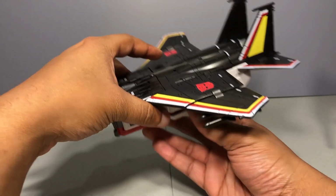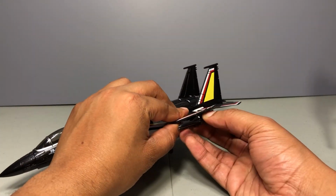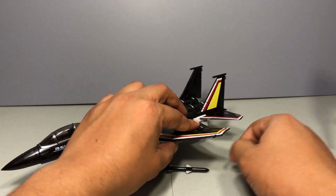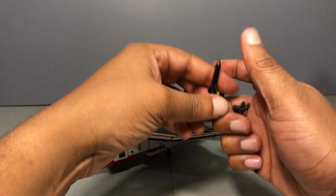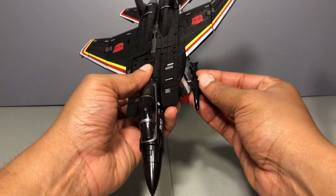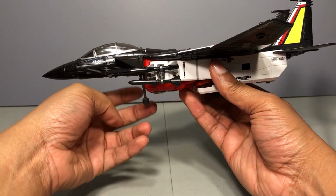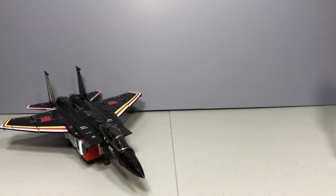Do it like so if you want to arm your jets up. And you probably can mix and match, interchange the different types of missiles per each member and stuff. And you also probably can plug them into right here. It's not conventional for a jet and everything like that, but you can plug them in right there if you want to. And so for size comparison,